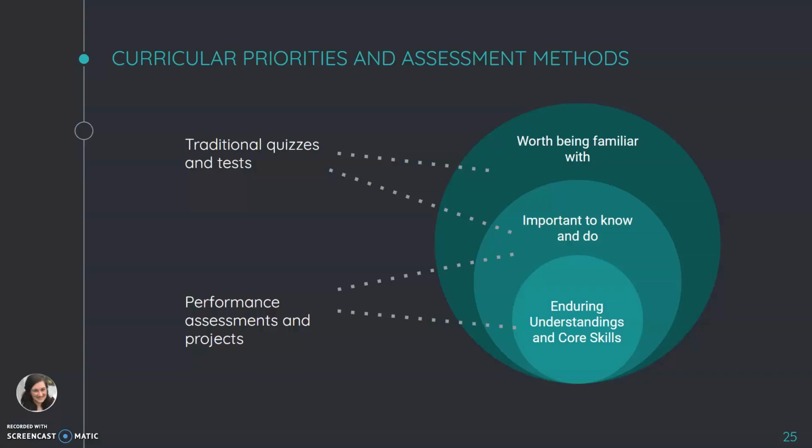Altogether, we have to broaden our thinking process as teachers to include thinking like an assessor. What is it that we're trying to assess? General background information? Is it specific knowledge? Is it a discrete skill? Or is it a core understanding that we want them to be able to transfer outside of our classroom? Each of these needs to be assessed, but we can't assess them all in the same ways. And if we try to use one form of assessment to evaluate them all, we're going to be missing something important.